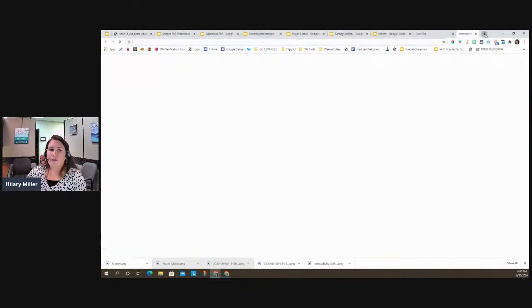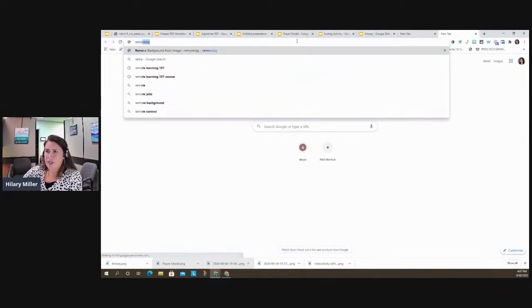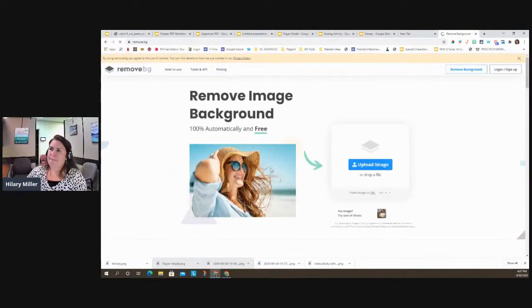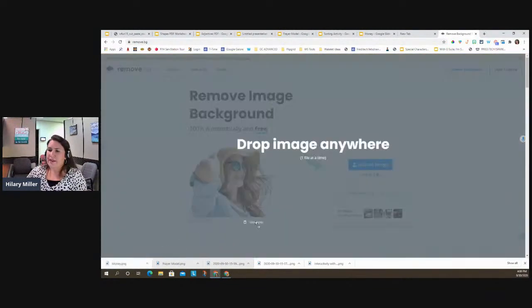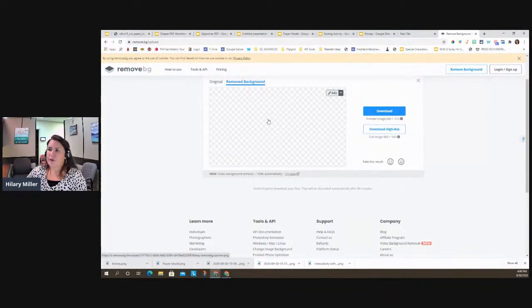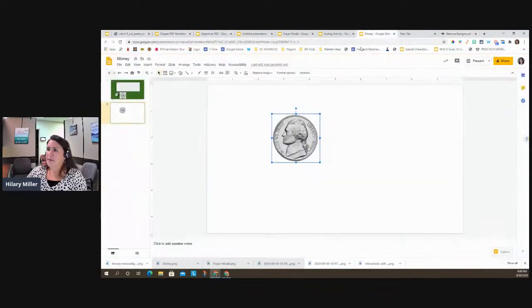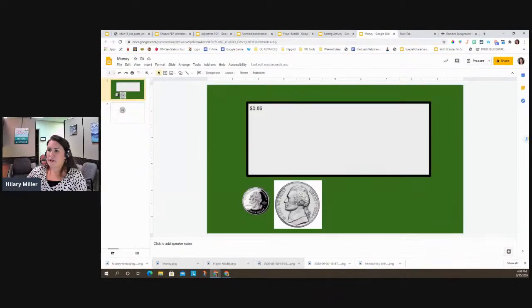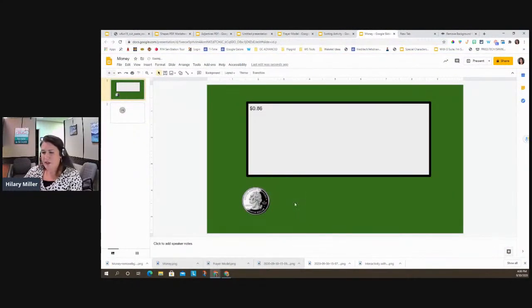Then there's a lovely website called remove.bg. Remove.bg. So this will remove any background image. So if I drag that money, it's going to remove the background of that image. So now there's no longer any white background and I have a plain nickel. So then I'm going to download it. I'm going to go back to my money slide. I'm going to move the one with the white background and I'm going to